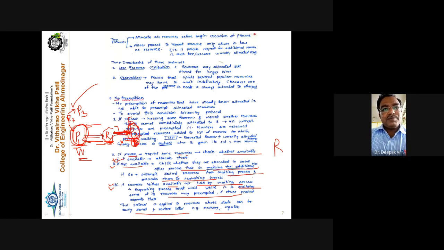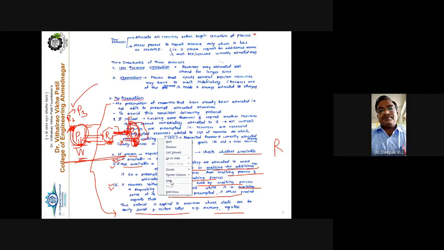P2 currently is in a running state, or it is in execution state. So what we have to do here is, the requesting process, P1, has to wait. While waiting, some of the resources already allocated to that particular process may be released, and those can be used by some other processes. This is how we can deal with the no preemption condition, how we can prevent it. Clear? Okay.